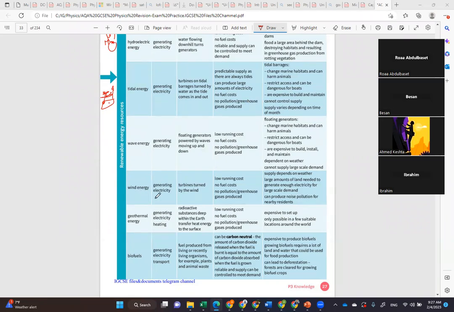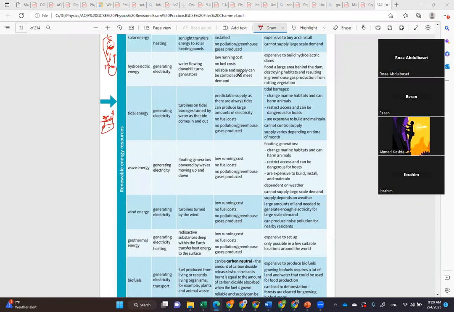Wind energy. We have renewable energy sources that come from the wind, and it's used for generating electricity. For sure, wind means using turbines turned by the wind, as you see in the Netherlands. So it's low running cost, no fuel cost, no pollution or greenhouse gas, the same as the wave energy,